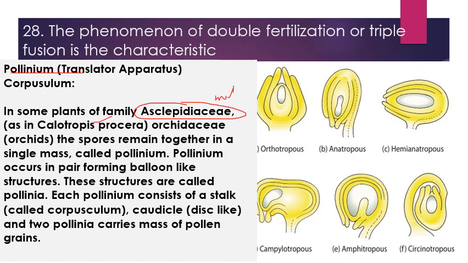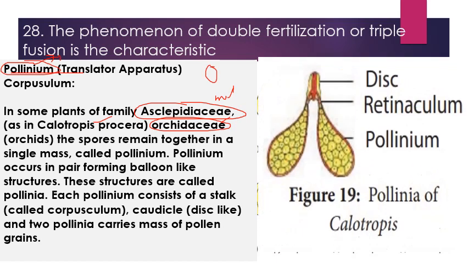The next important structure is called pollinium. Pollinium is found in some families, like Asclepiadaceae, which is commonly known as the milkweed family. Calotropis procera is found in it. And Orchidaceae. So in these two families a structure called pollinium is found. Pollinium means single pollen grains are not shed, they are released as a group. So this pollen packet, the